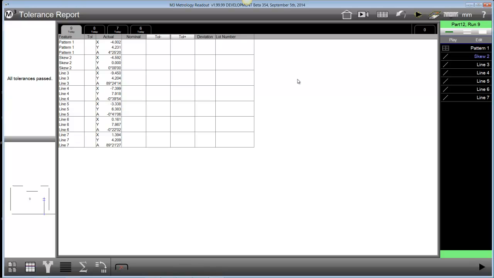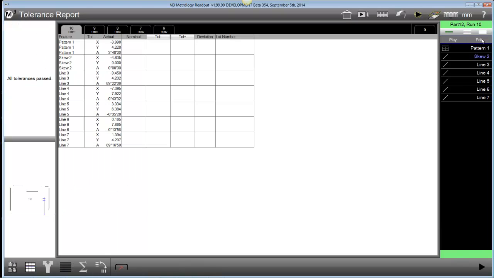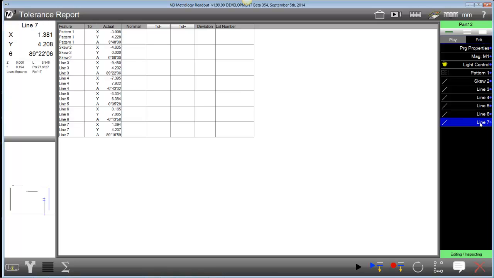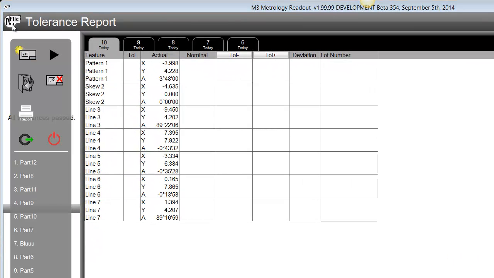The other thing you'll notice is that in this new runs result, we did not get presented with the end of playback prompt in the current M3 release. All of the functions that can be performed from those buttons can be performed from this runs view. Click on play to replay the part program. Click on edit to perform basic editing steps on our part program. Click on edit again to exit edit mode and back into the results view. And of course, all of the functions available in the M3 dropdown can be executed on the part